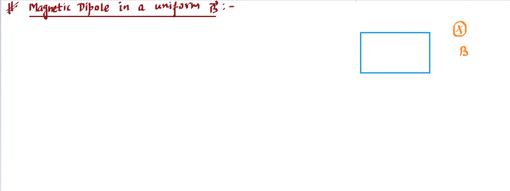So B is uniform as written over here, and its direction is into the plane, and this is a current carrying loop. Let's say there is a current running like this, so that's the current I, and let's say this has a single turn, so the number of turns is 1 only. Let's say we know the dimensions. Let me draw like this. This dimension I'm saying is L for length, and we can call this B for width or breadth or whatever. So B is this, L is this, I is this, and this B is for the magnetic field which is uniformly distributed.